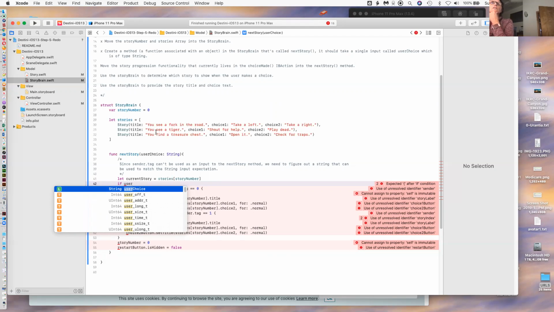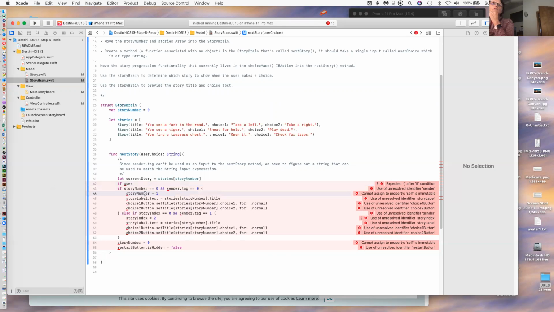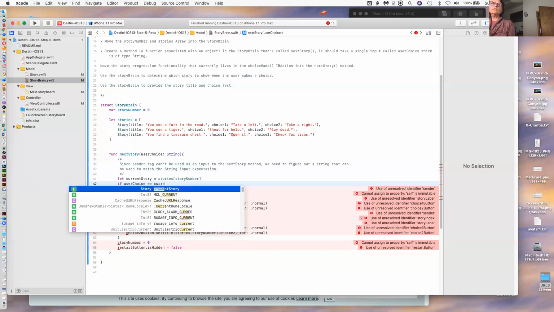So the string called "you see a fork in the road" is actually called the user choice. So anyway, if user choice equal, I'm sorry, it equals the current story